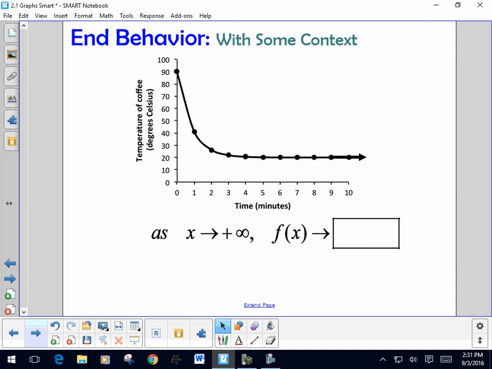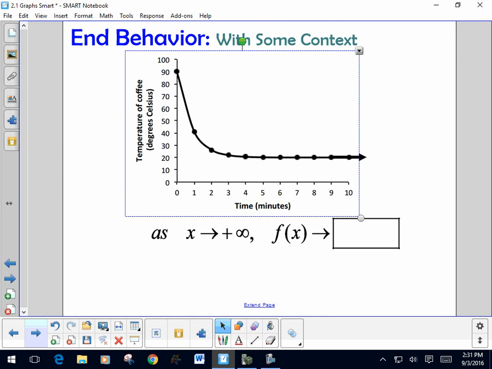Okay, here's the one with a little bit of context. This graph is showing us the temperature of a cup of coffee in degrees Celsius, and the x-axis is showing us how much time has passed. So at time 0, at the beginning, it's 90 degrees Celsius. At time 1, it has cooled down a bit to around 40 degrees Celsius, and then it continues